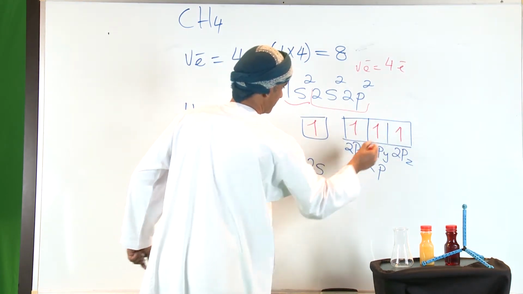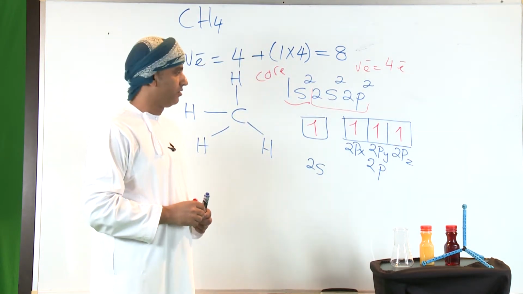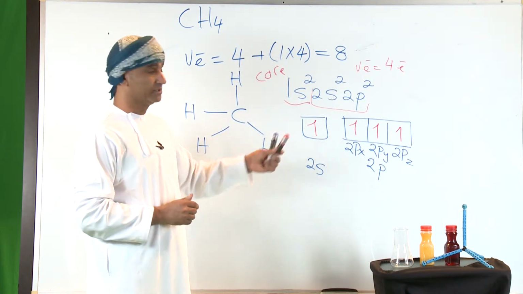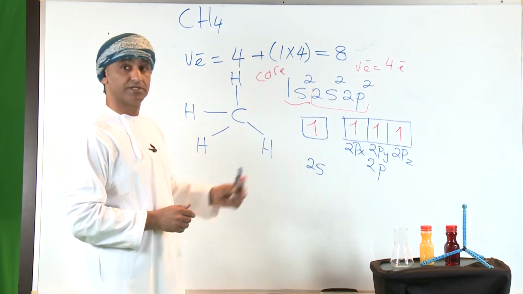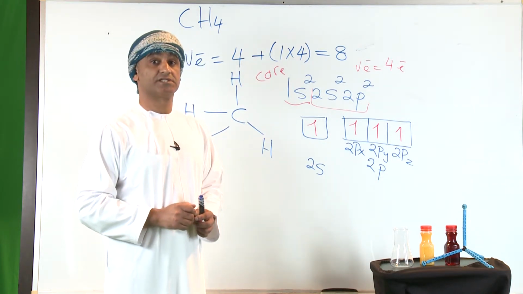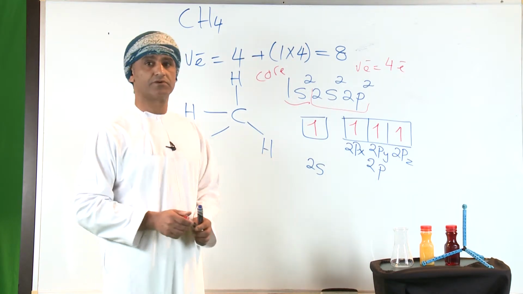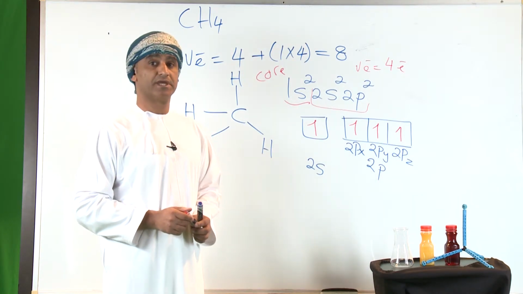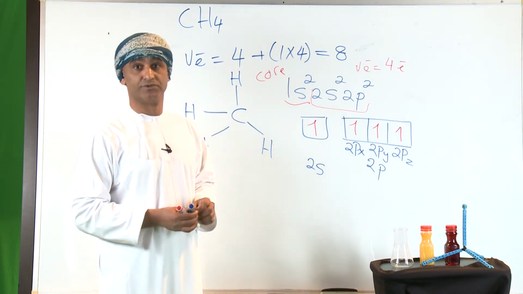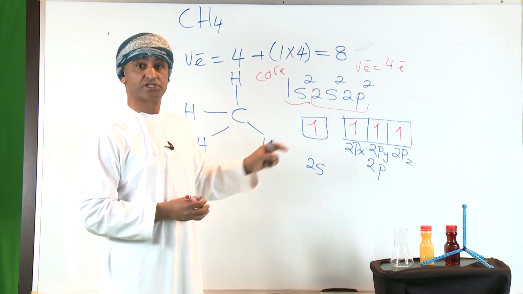So there are 1 2s and 3 2p orbitals, and each of them contains an unpaired electron according to this arrangement, which is based on the basic chemical rules or principles such as the Pauli exclusion principle and Hund's rule. According to this electronic arrangement, carbon can make 4 bonds, which is reasonable because carbon does make 4 bonds as usual. Okay, but this may not be the true picture in the case of